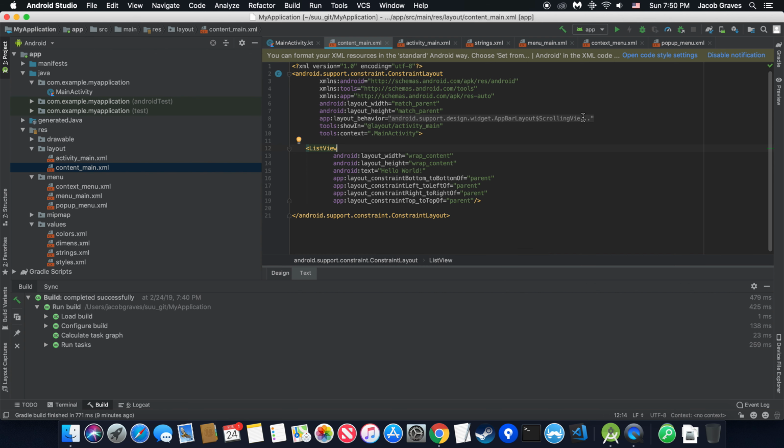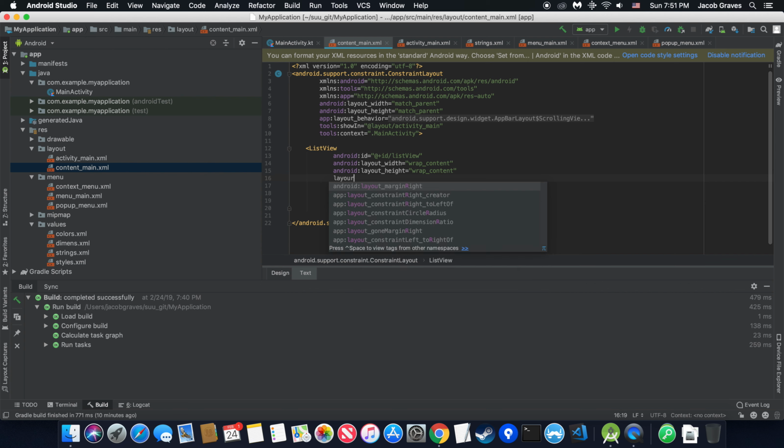And by that I mean a list view and a button. We have our content main here, and we're going to get rid of this text view. In fact, let's make it a list view. Let's see. So we want to give it an ID, and it's just going to be lowercase listView. Okay, so let's see if this matches what we need. Layout width and layout height need wrap content. That's good. Text, we're not going to do that, but we are going to do constraint